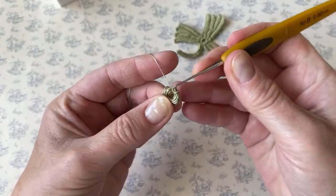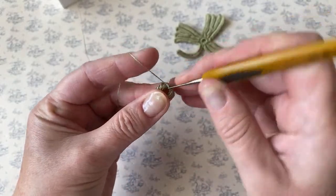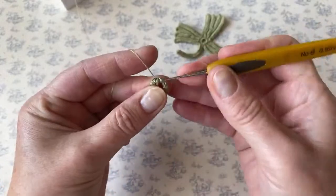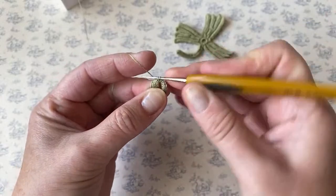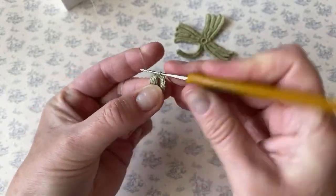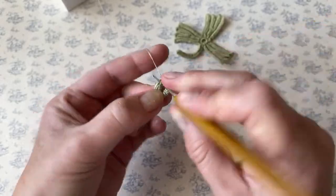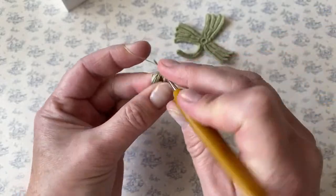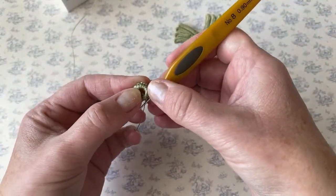2, 3, 4, 5, 6, 7, 8, 9, 10. Now when you crochet buttons like that, they are also, or rings, they also need to be neat on